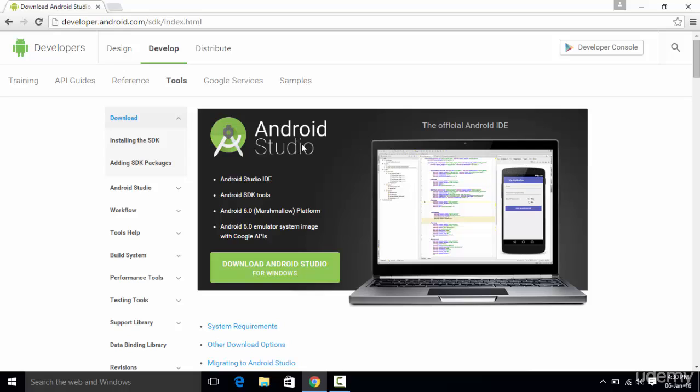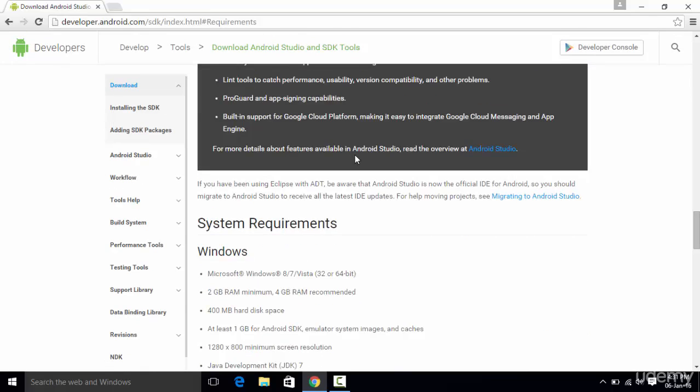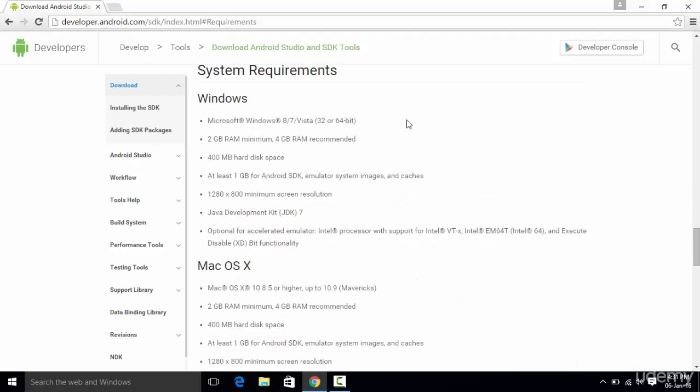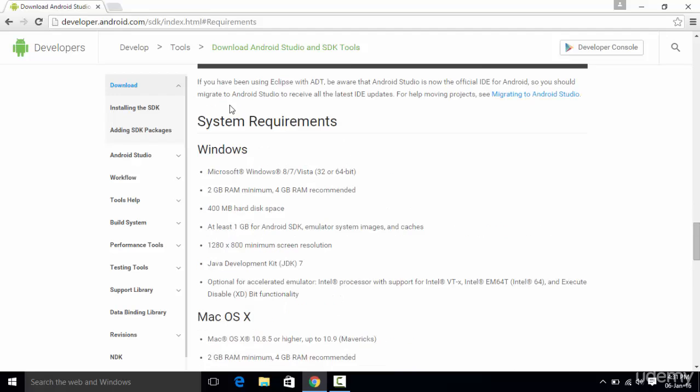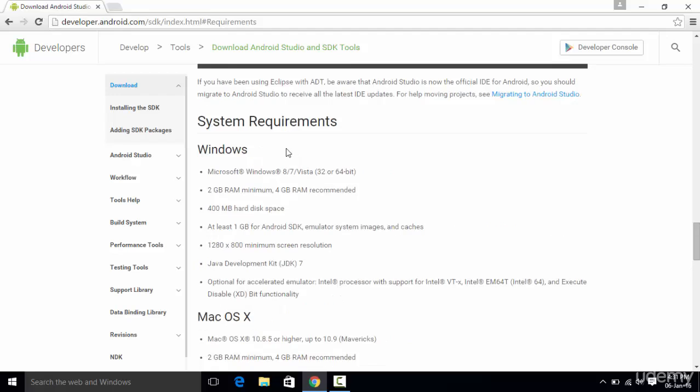So basically, before installing the Android Studio, what I would like to recommend is you go and read the system requirements for Android Studio, and that is because Android Studio is a bit slow on computers which have low RAM. So for example, the system requirements which are specified for Windows are that you should have a 2 GB RAM minimum and 4 GB RAM is recommended. So if you have a 4 GB RAM, you don't need to worry, but if you have a 2 GB RAM, it is not going to be sufficient to run Android applications, and that is because this Android Studio has